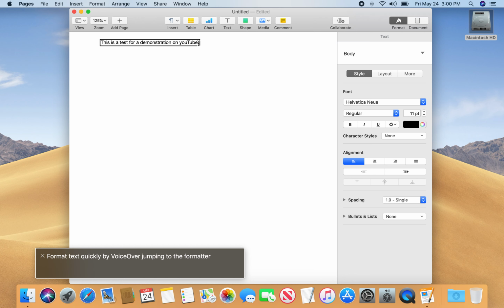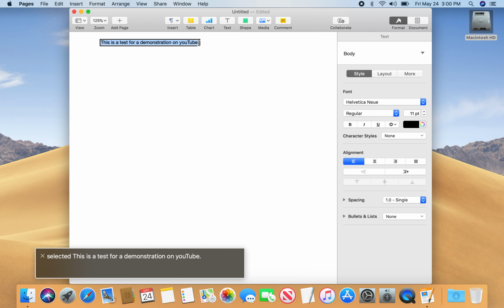I do want to mention a few keyboard shortcuts that differ from the Windows environment. So I'm just going to go ahead and select this whole thing. Selected. As you can see, I selected the whole sentence here. So I'm just going to go ahead and briefly explain a few keyboard shortcuts for macOS that differ